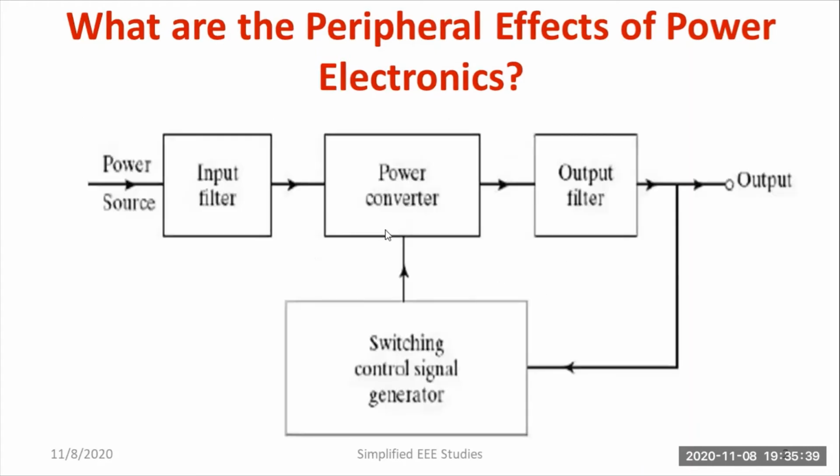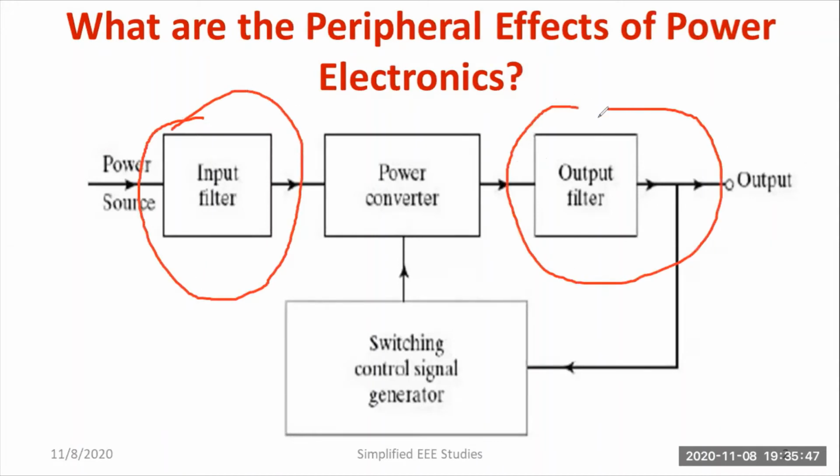Now let us go back to the block diagram, which I explained first. Here, we are going to use an input and output filter. Here you can see the input filter and output filter. Why is it required? To mitigate the effects of harmonics. You can maintain the harmonics within a particular limit. That is why we use an input and output filter. But using them is too expensive, and the design of the filter is cumbersome and difficult. So these are the cons of using power electronics.